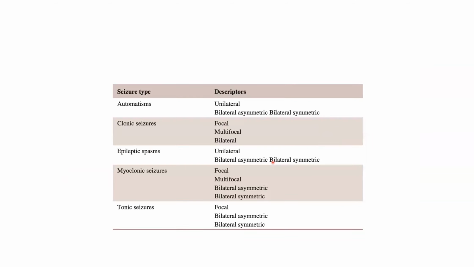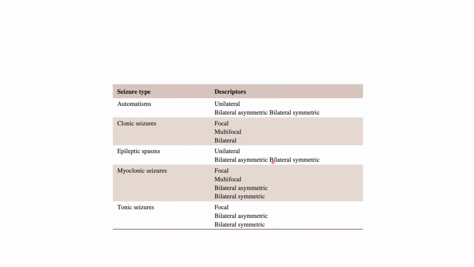So this is another classification in the paper. You should know that automatisms, all these seizures, when you describe them, you should always use descriptors, trying to lateralize them. That is, whether they are unilateral or bilateral, right? Or they are focal, or they are really generalized. So you can see that there is no term called generalized here. Generally, it is now avoided. The term generalized is generally avoided when describing seizures in the newborn period.